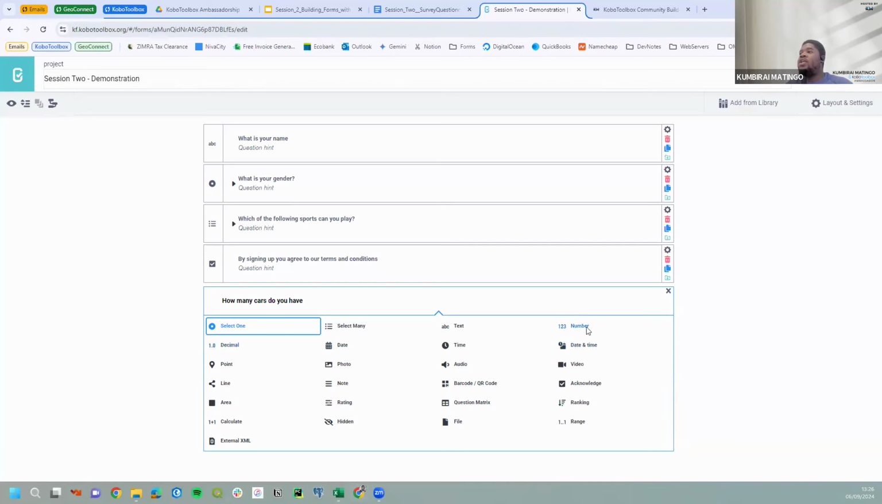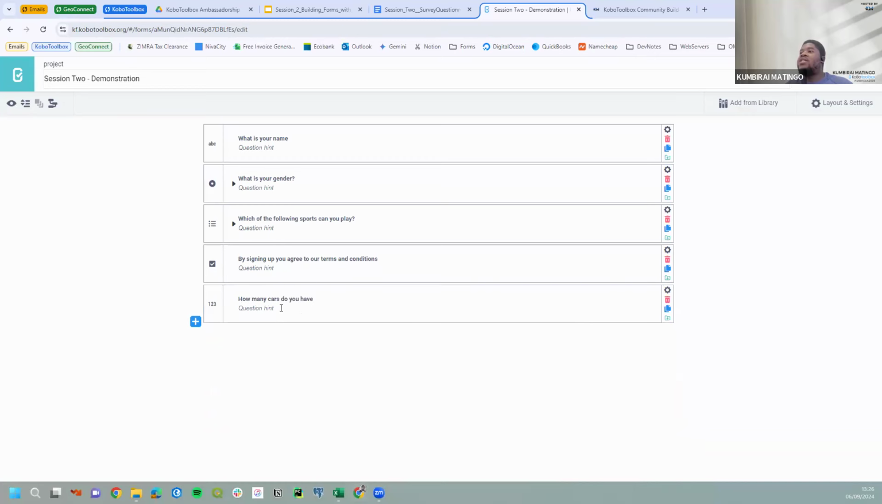question type. So quickly go over to number, and this will ask the person how many cars they have, and it only allows them to enter numbers. They cannot enter any text into their box. And then we also have